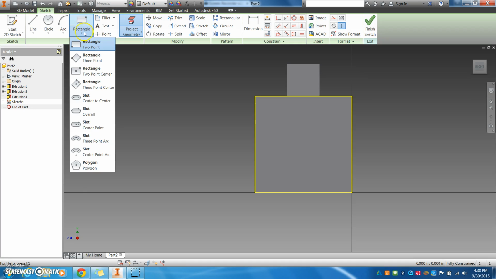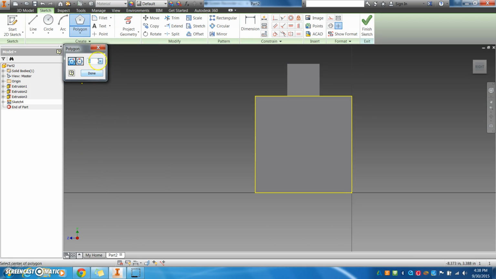One cool thing to use, this drop down below rectangle does have the polygon tool. That gives you different options. You can type in the number of sides right here. So if you want a hexagon, you could make a hexagon. If you wanted, say, a triangle, you could type in how many sides does a triangle have? 3. So we're going to type in 3. And then when you click and start just moving your mouse away, you'll notice that you have a triangle coming out. So any shape you want to do, but you need to get it centered on that face and extruded,